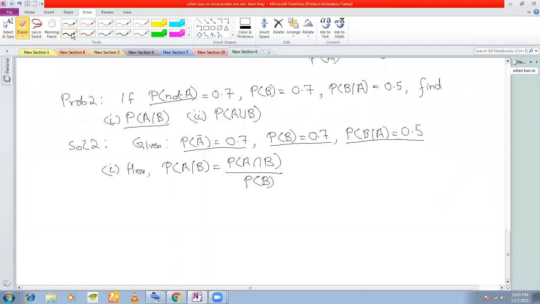Last time, as I told you, in order to find the first one, P(A|B), the formula for P(A|B) is P(A intersection B) divided by P(B), of which you know P(B) already. You just have to find P(A intersection B). Now, how to find out P(A intersection B)? P(A intersection B) can be found out by,